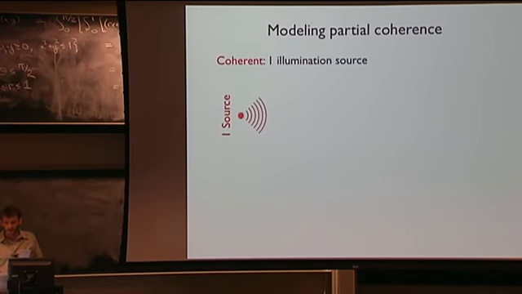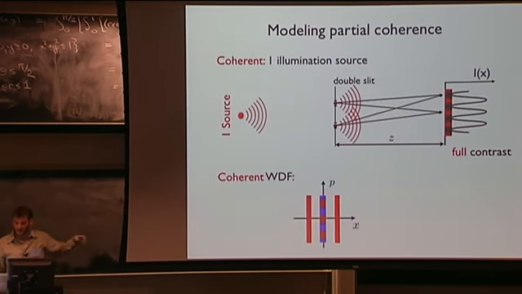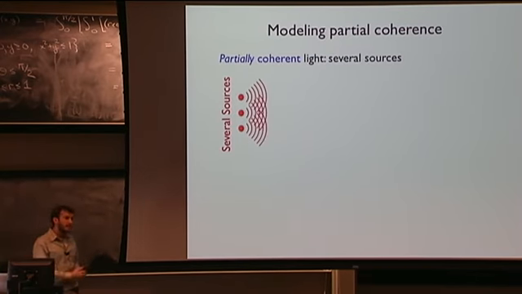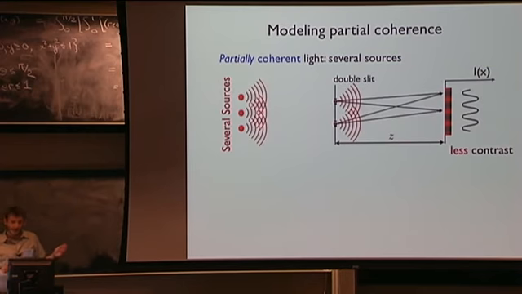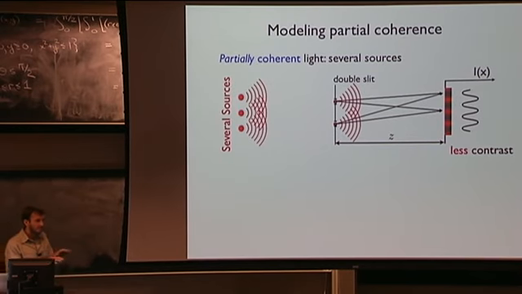You can also model partial coherence. So coherent illumination is just like illumination from one point source. So if I put my double slit experiment to the right of this one point source, I would get the nice full contrast fringes I showed before, and my Wigner distribution would be the one I've been discussing all along. To do partially coherent light, all that means is you just have a couple point sources to the left of your double slit experiment. These point sources are each mutually incoherent, but they're going to propagate through the slits and also create an interference pattern, but it's going to have less contrast on the screen because the effects of constructive and destructive interference are going to wash out between each point